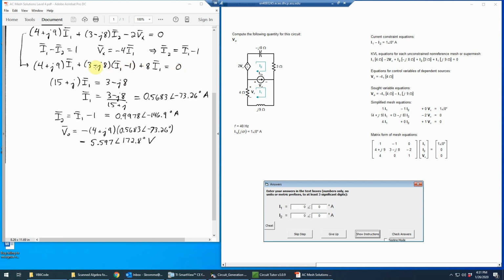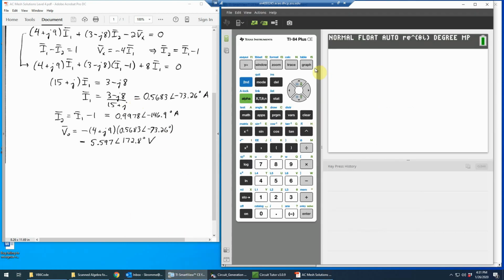So we just add that to both sides. And so we just have this simple expression here, and so we need to compute (3 minus j8) divided by (15 plus j) to get I1 bar. We can do that on a calculator, and while that's very simple, I will just illustrate it briefly using a